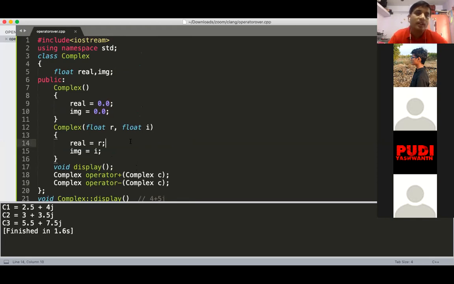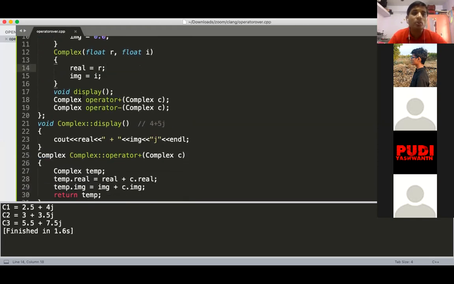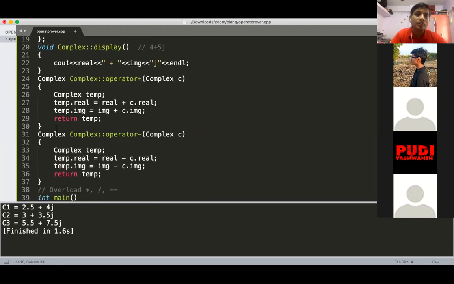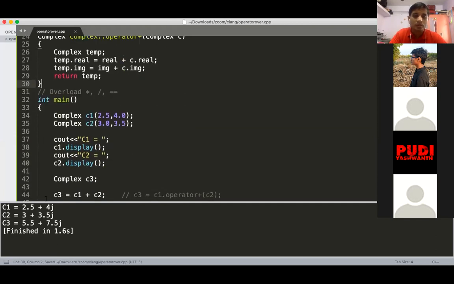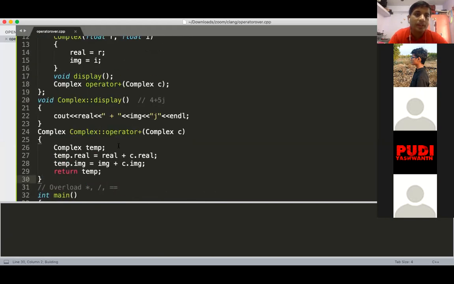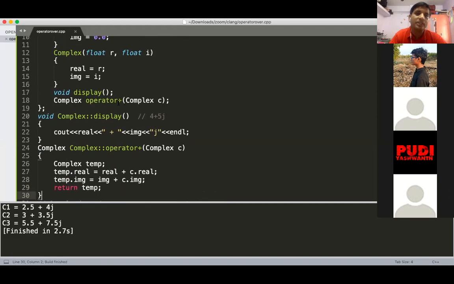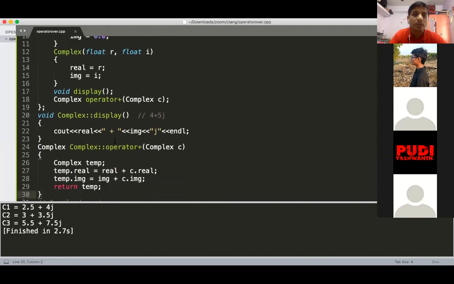Now next, the same thing if I want to do it with the friend function. This is one technique: use your operator plus function as a member function. Now since it is a member function, you can directly access the real and imaginary parts. But consider the case where it is not a member function, so it is an outsider function.